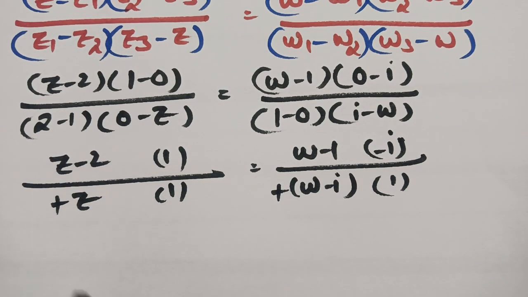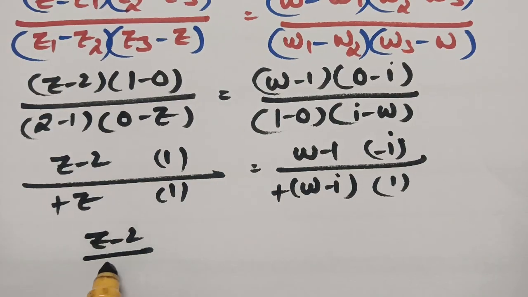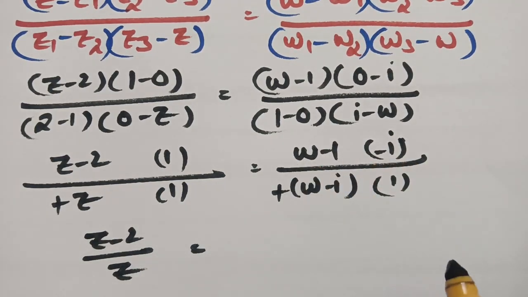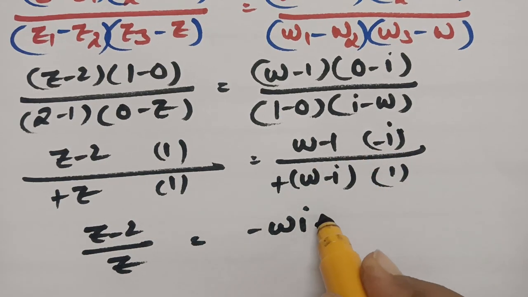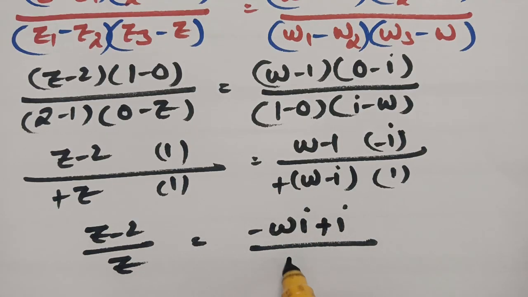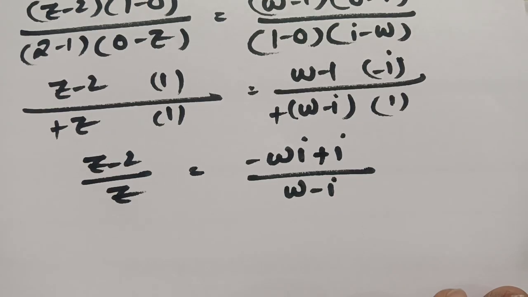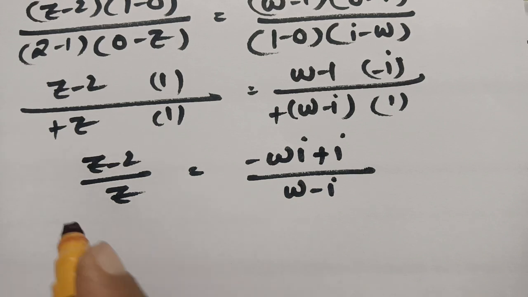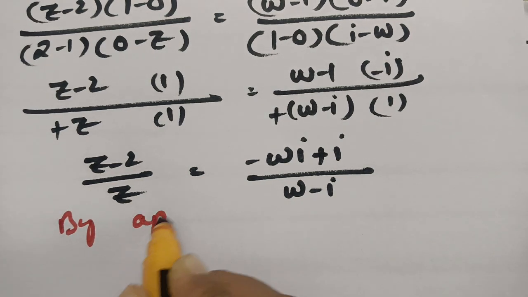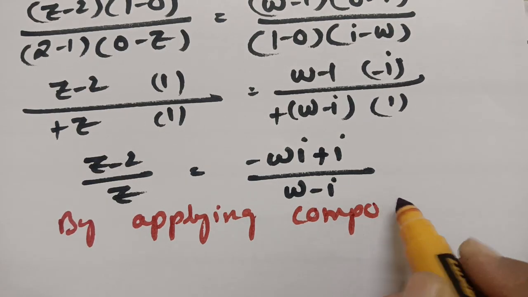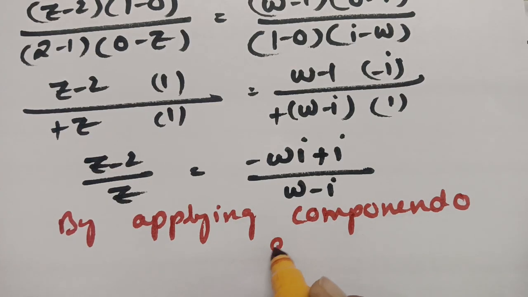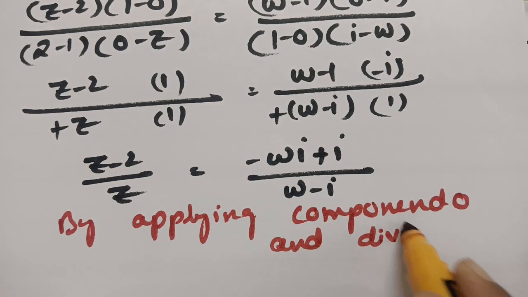And next one, see here. Now this is z minus 2 by z, and this value, if I multiply with minus, this will be minus w i, minus of minus is plus, this value is i and this value is w minus i. See clearly what we have to do. I am going to apply the componendo and dividendo method. So if I apply componendo and dividendo,